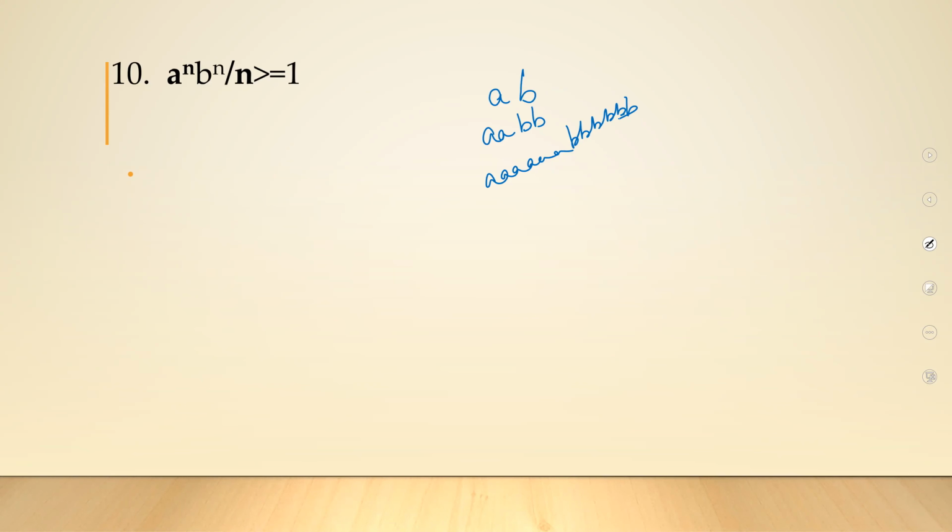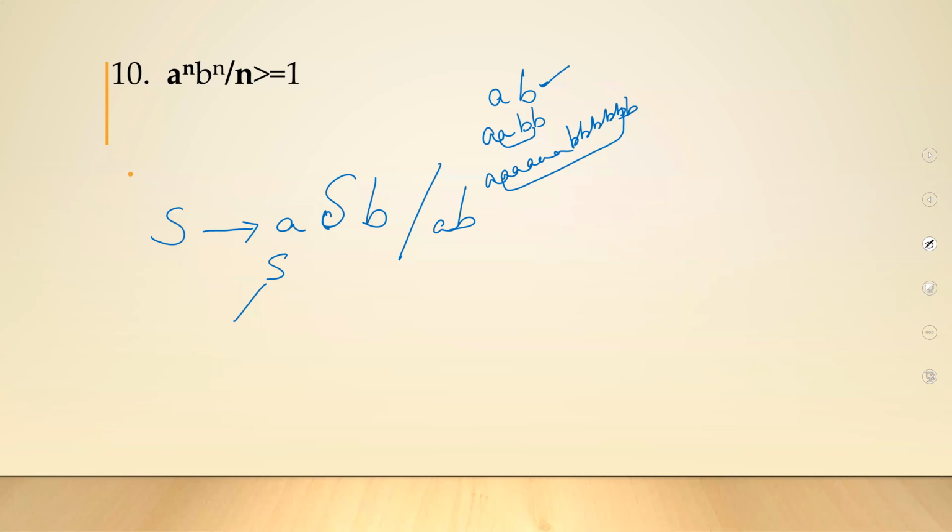Okay, so you will have an A, you will have a B. Because n is greater than or equal to 1, you should at least have 1 A, 1 B. In between, you can have again A's and B's. Are you getting it? You can have an A and B, and in between, you will be again going on having A's and B's. And then, whenever you want to stop, you can simply give AB. Let's try doing AB. S is either ASB or AB. If you want to stop, here. That's it. AB.